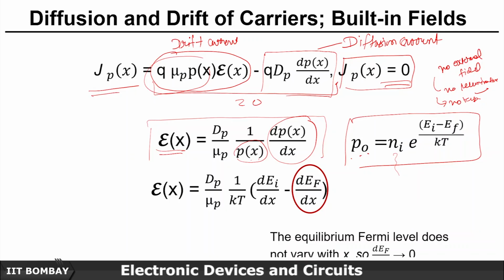So what we are going to do now is take a derivative of this, assuming Ei and Ef are functions of x, not just constants. We'll talk about which one can be constant. Initially, let's say they are functions of x. So what comes out, if we just write down this expression, of course ni has to be constant,